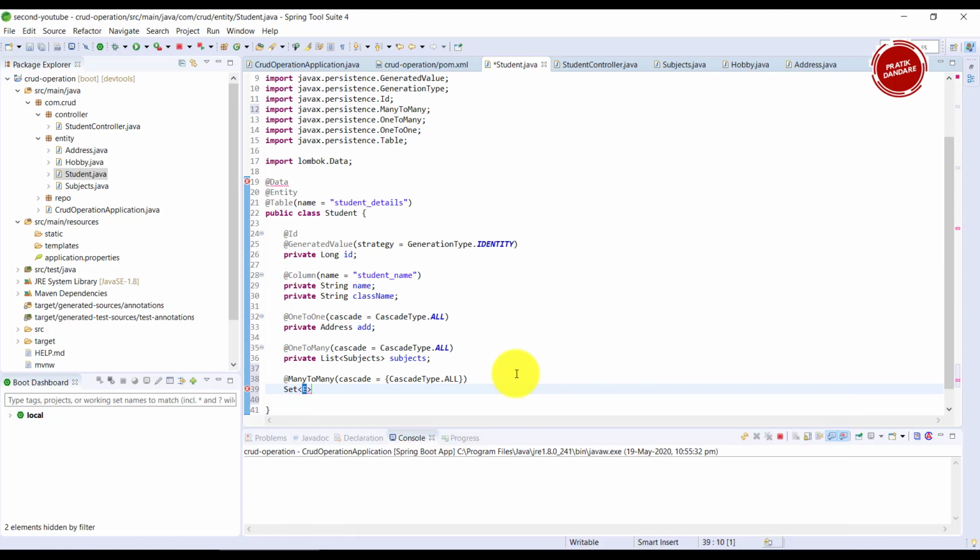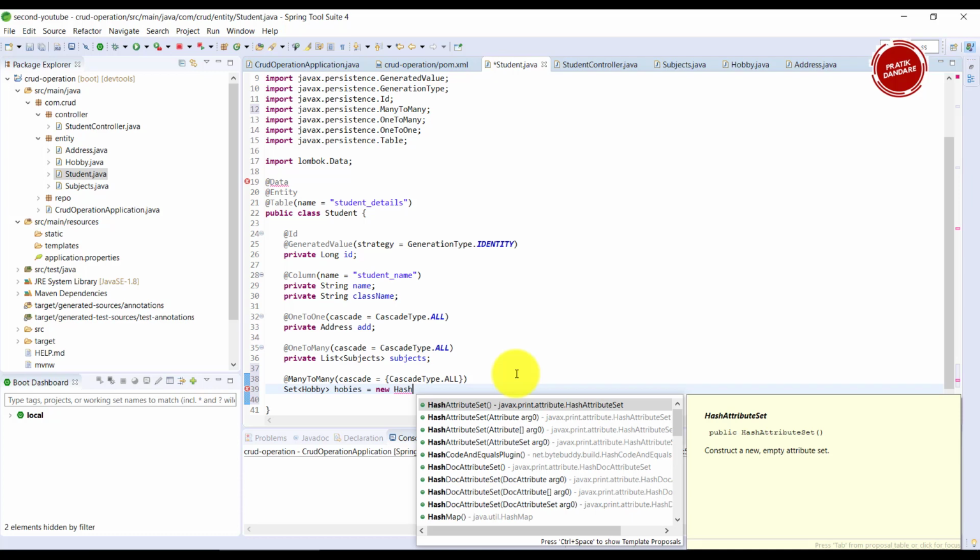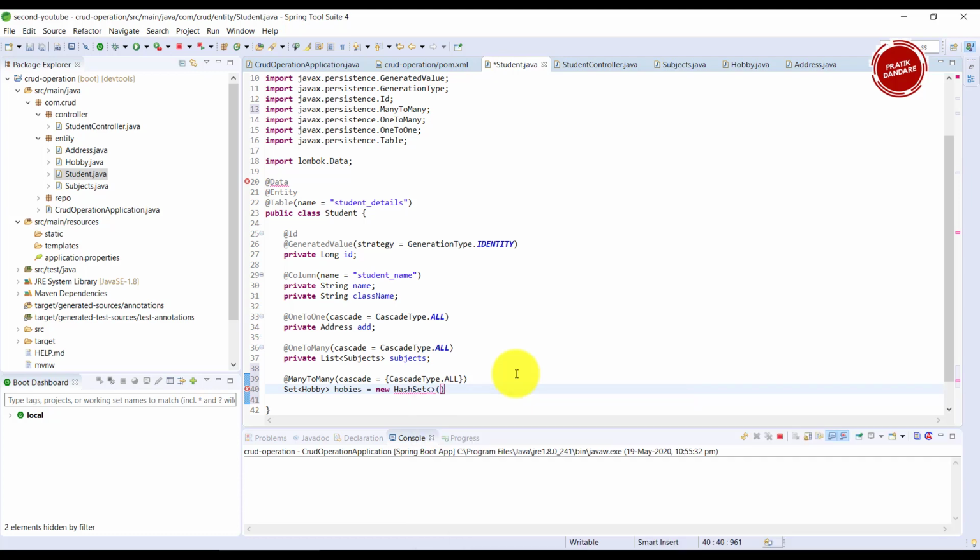Set is the interface, and it is Hobby, and I am using hobbies, and it's a new HashSet. So that's how I am going to use a many to many attribute, many to many mapping here.